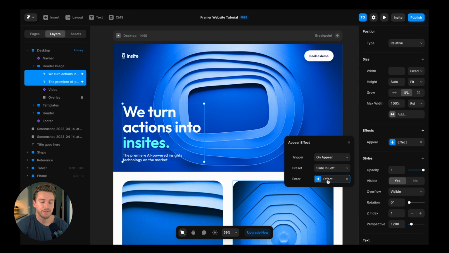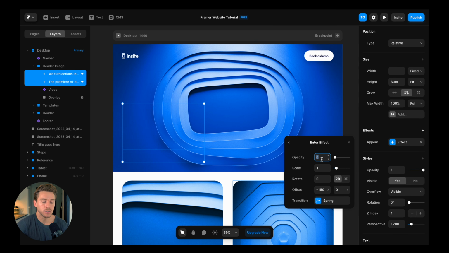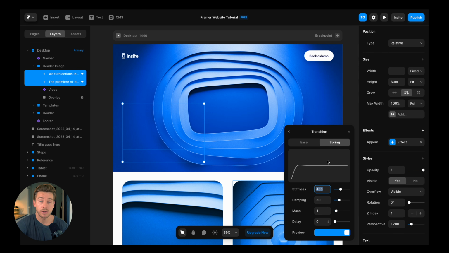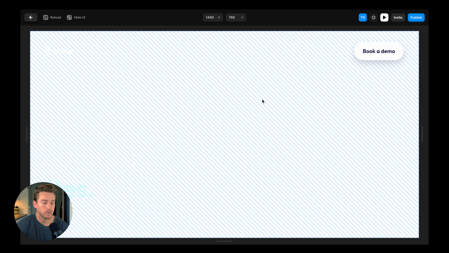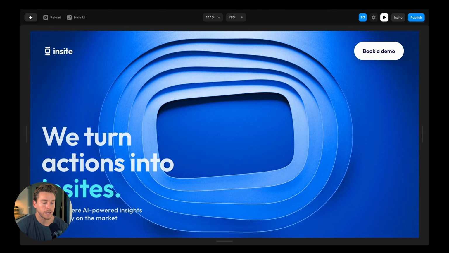And if I click here on effect, we can change what it's going to look like. So it's going to go from 0% opacity. It's going to scale up, and we're going to have an offset where it comes from the left. And the transition is going to be a spring curve. I can change the transition here. So maybe we make it a bit more stiff. We add some more damping to it. We make it heavier. And then if we go outside here, hit play, refresh, you can see here that we